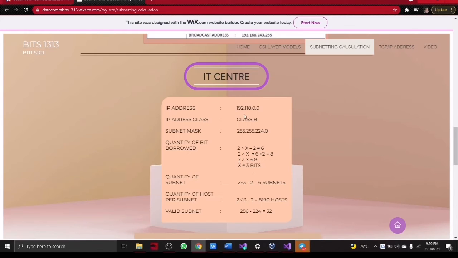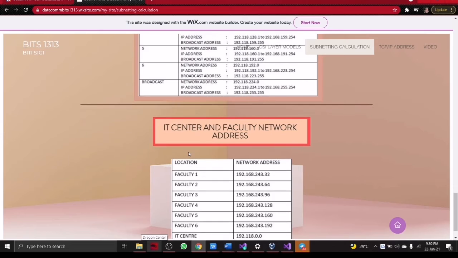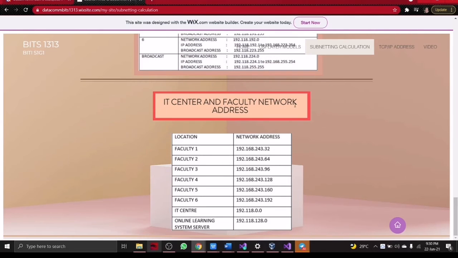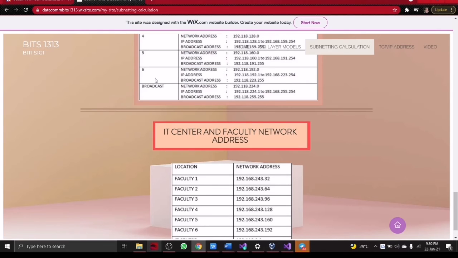And the address class is Class B. This is because its organization is large, so Class B address might be more appropriate to use. And finally, it is the IT center and faculty network address. This is the location and this is the network address. We will show that